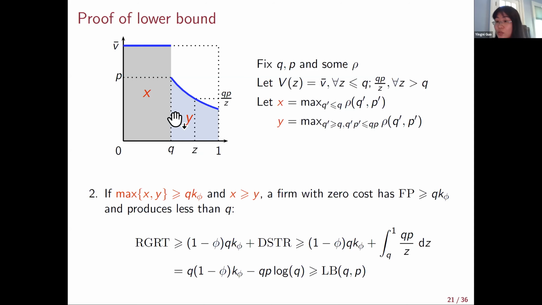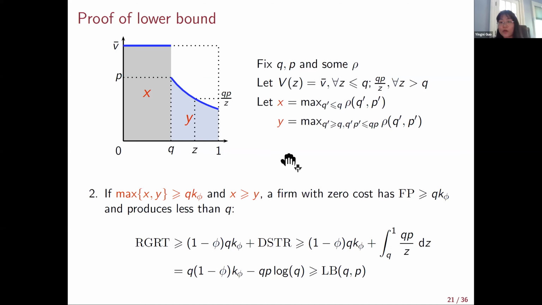The first part is that the firm is not going to produce beyond Q. So the regulator would lose Y, this whole blue area, in terms of lost surplus. On top of that, the regulator is giving the firm too much profit. If the firm doesn't have any cost, the firm would get a profit equal to X. And the regret in this case is also equal to the first term in our lower bound function. In other words, if producing this much gives the firm a higher revenue, it would not produce beyond Q. The firm gets profit, which hurts the regulator, and the firm does not serve these consumers, which also hurts the regulator.